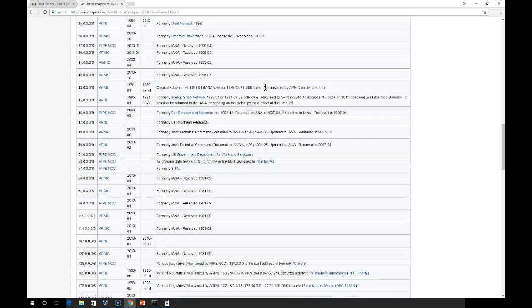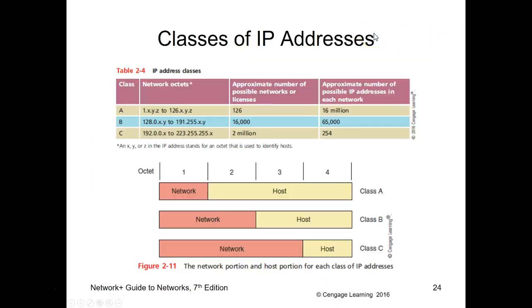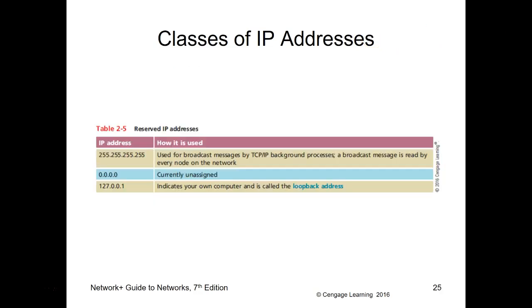And so the reality is, at some point we are going to have to move and switch. So some of these are reserved, but the reality is there's not enough of these to go around. IPv4 does not have enough address space for everything that we need to do. And it's becoming a problem right now even as we speak. So we don't have enough addresses. Even better, when we set this up,